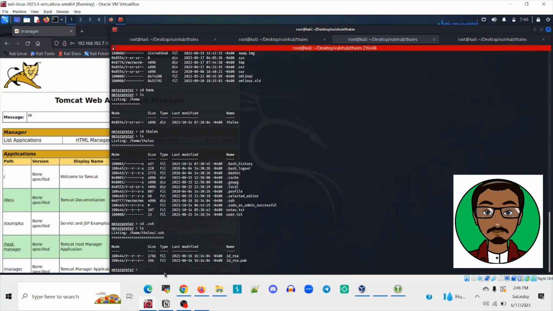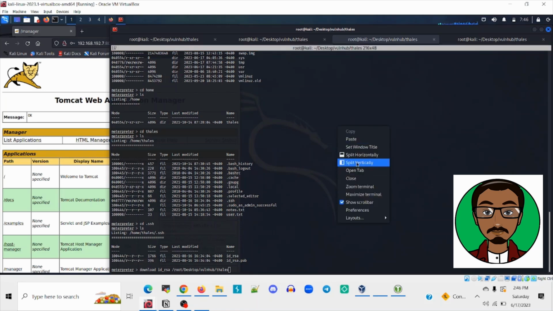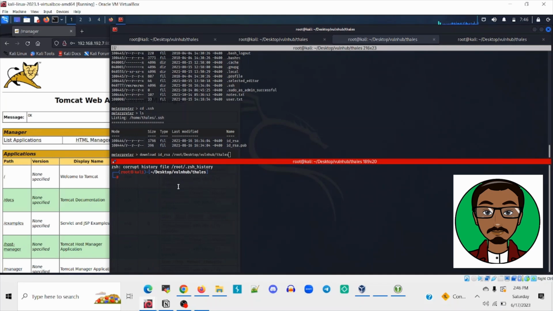And then let's download the id_rsa file. Download id_rsa, and then you specify where we want it to be downloaded to: Desktop, Vulnhub, Thales directory. But before doing that, let me